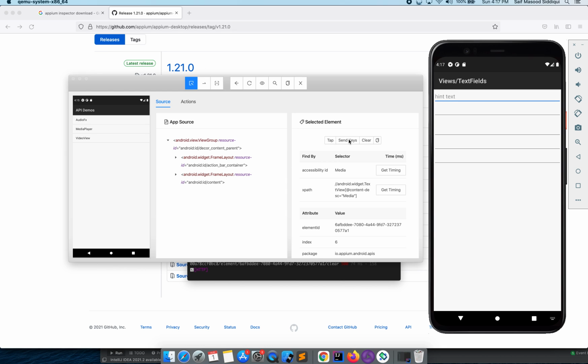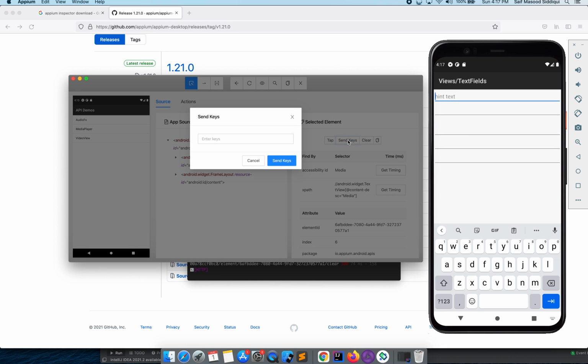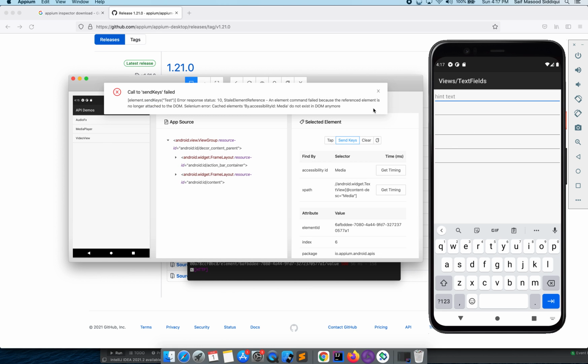So yeah, say for example I want to send any keys, I can just tap on this and I can just send keys. So it will just type this thing here.